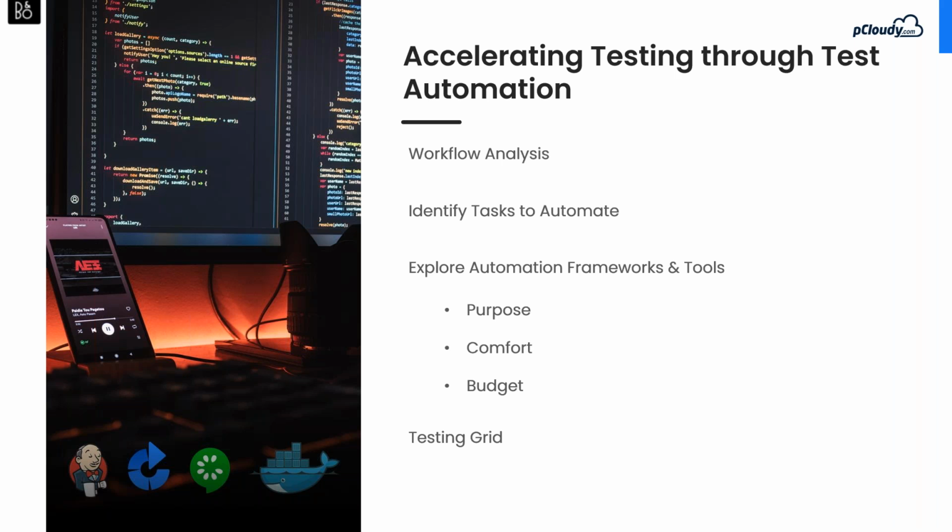And then of course there's the testing grid that you have to look for. Also, one important thing to consider is automation maintenance, right? Though you may be able to create the scripts, what about the maintenance part? Once your application gets upgraded, how are you going to maintain those scripts? You have to consider all these points and look for the automation tool which focuses on these.